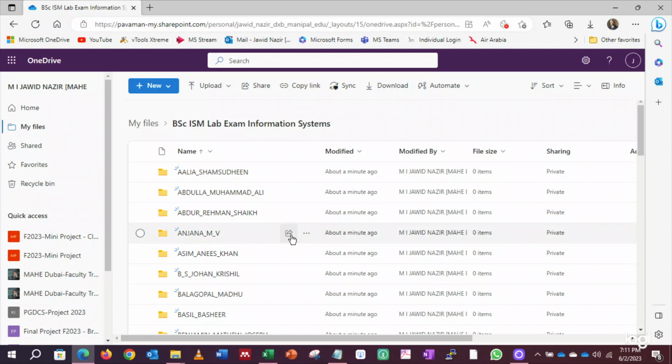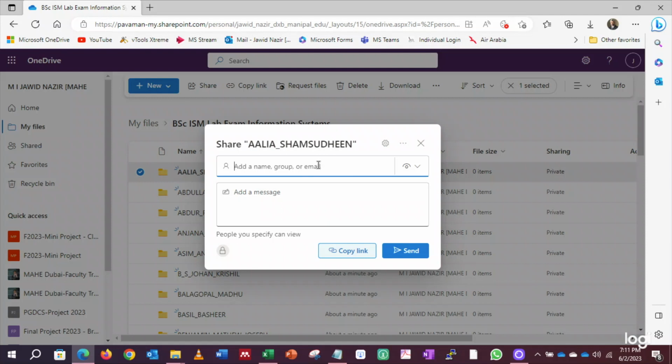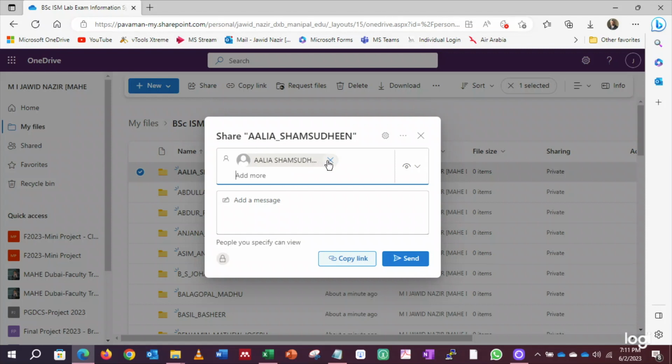So now what I can do is manually give permission to individual students. Let us say Alia Samsudin. I can copy this name Alia here and type it. When you type Alia Samsudin, look here, the student's name will appear. This is the student's email ID. I am going to give the permission to this Alia Samsudin. Now I have to change the permission to edit so that the students can save the files. When I say send,